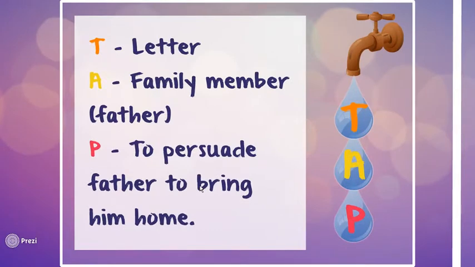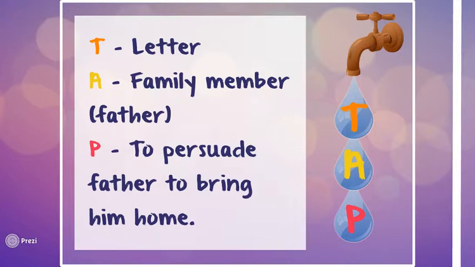So, seeing as we're talking about the TAP and how that's such a useful tool, let's apply it, if you haven't done so already, to the letter that you've got in front of you. The text is quite clearly a letter. The audience is a family member, in fact a father. So naturally that might already tell you that it's going to be quite personal and quite an intimate letter. And then the purpose itself is to persuade the father to bring him home,